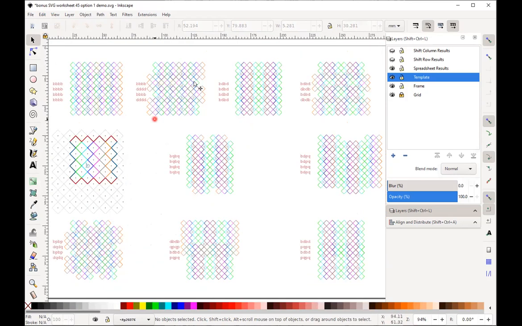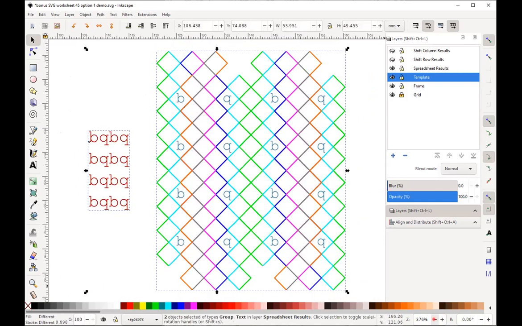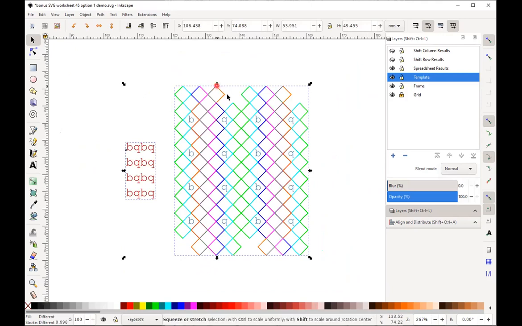If I come out and look at the entire page, I'm not actually seeing what I would like to see. If I look at each one of these clone arrangements, it hasn't actually grown in size. So the template's bigger, but the arrangement of the individual clones hasn't changed. So there's a whole bunch of overlap going on here. And I'm just going to zoom in on one so you can see it. You can see this orange path starts here, but then it gets hidden behind the blue because there's some overlap going on. So we want to rearrange them so that they are all sitting snug up against each other